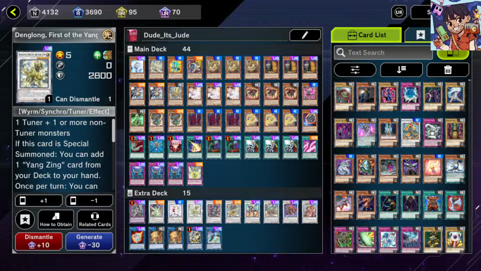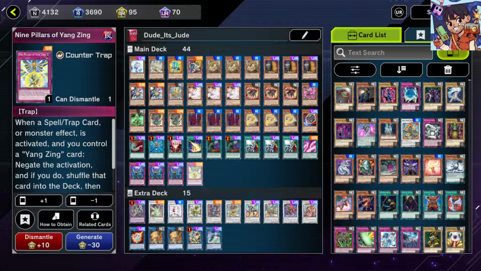Next up is Denglong. Denglong is your searcher for the Yangzings. Usually you summon this to search 9 pillars and put 9 pillars in the field and the Yangzing monster. This card goes live. It's a really, really powerful Omni Negate that spins the card from the deck instead of